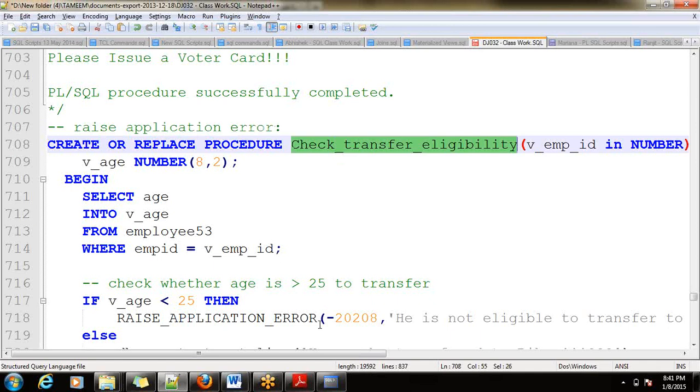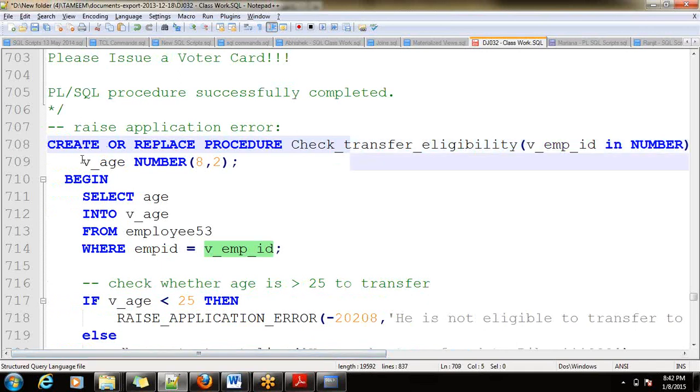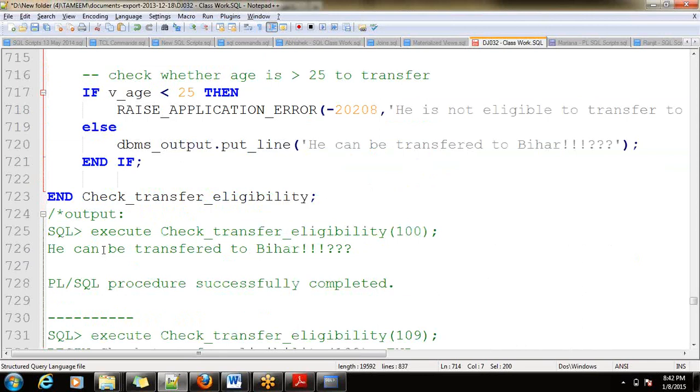Check transfer eligibility is expecting the employee ID. Then I am going to declare an age numeric. Select age from employee into that local variable age, where employee number is the argument which we are passing.